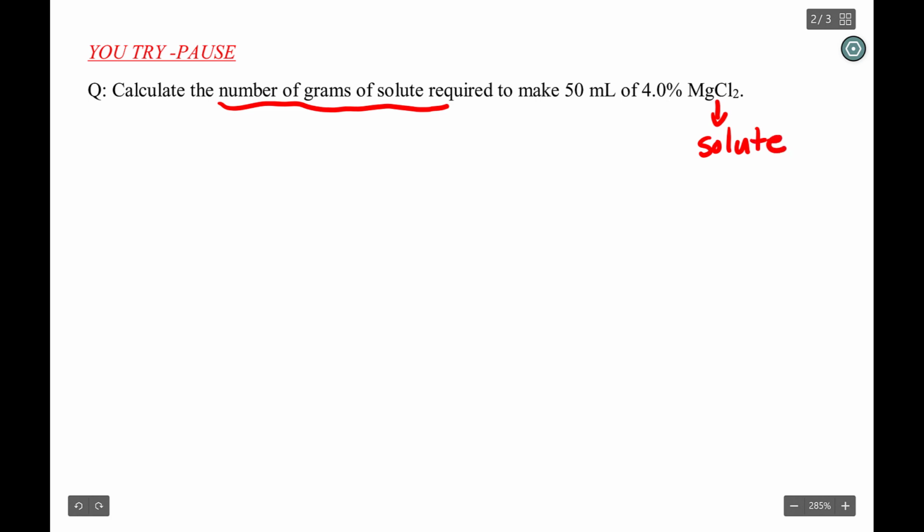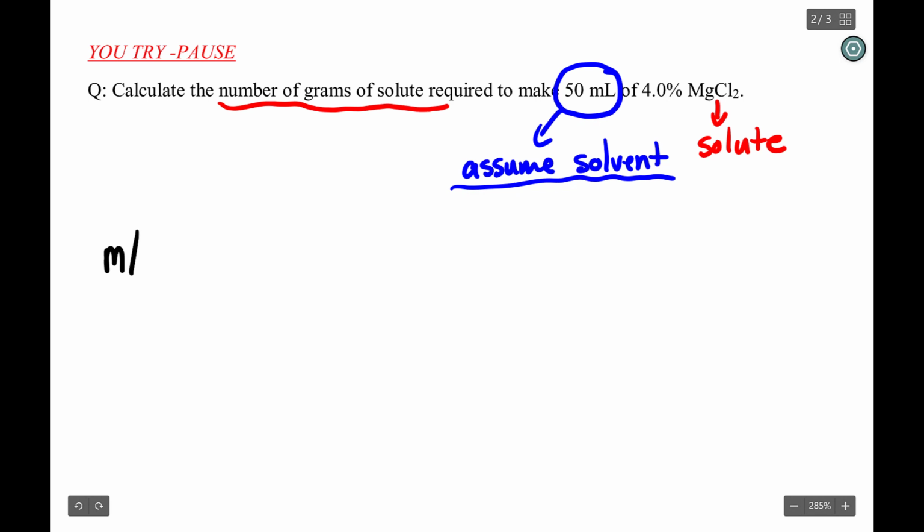Now, it's very difficult to say this is only the volume of the solvent when we're rearranging these types of questions. So the volume that you're given, you essentially assume this is the solvent only, even though it really is the solution. We have to make that assumption. So using our equation, mass volume percent is equal to the mass of the solute all over the volume of the solvent